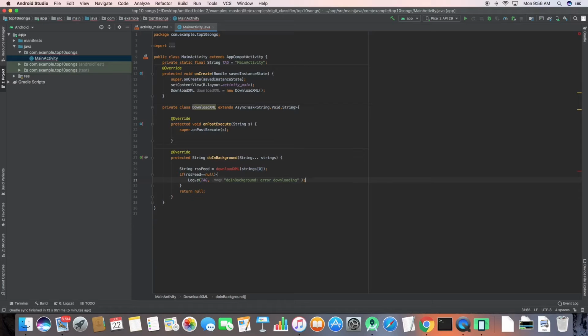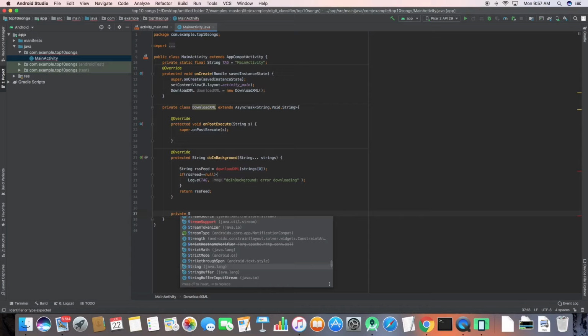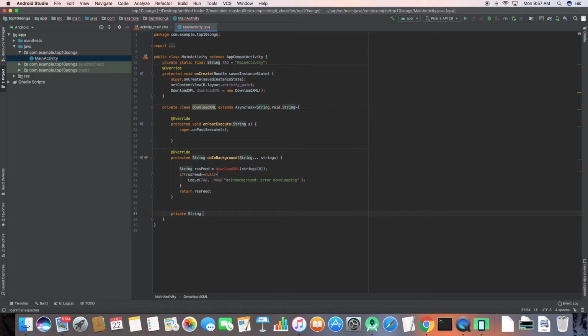So here we have written do in background, and if there's an error, then just print it in our logcat so we can see. And here we'll be returning our RSS feed. Not much. So what happened is this RSS feed will be in our post execute and different things happen. So I don't want to go into that, but let's first create our download XML so you can better understand